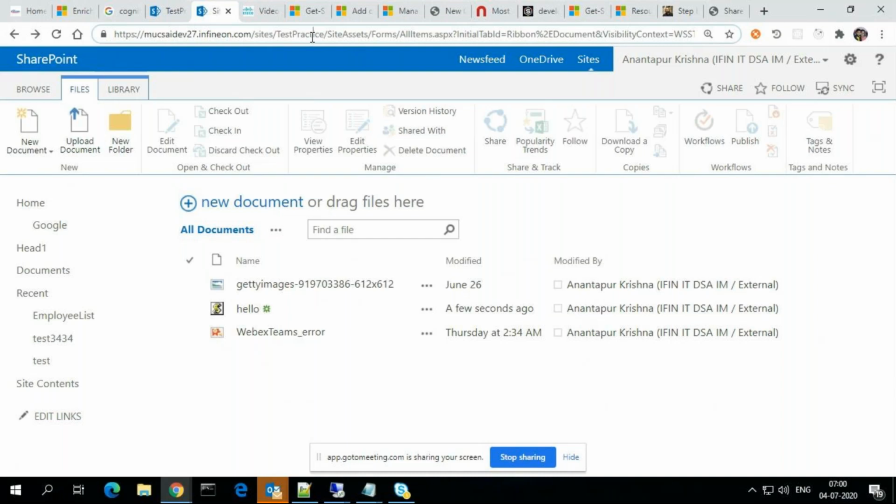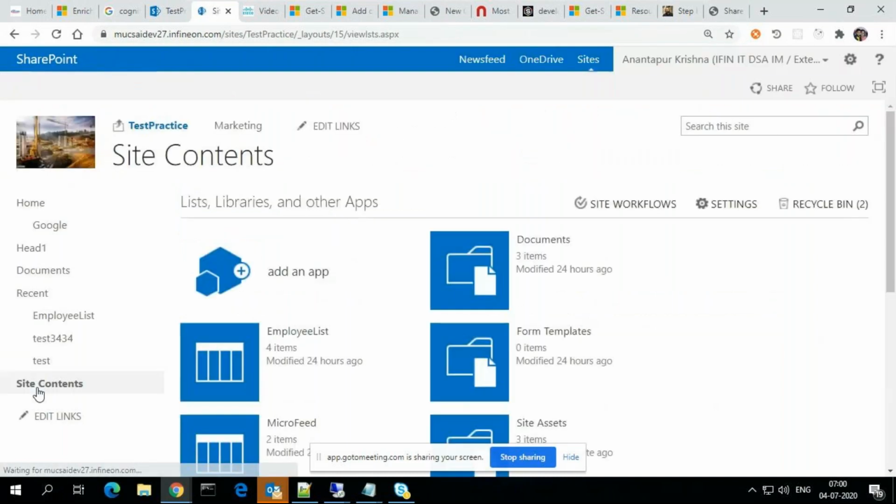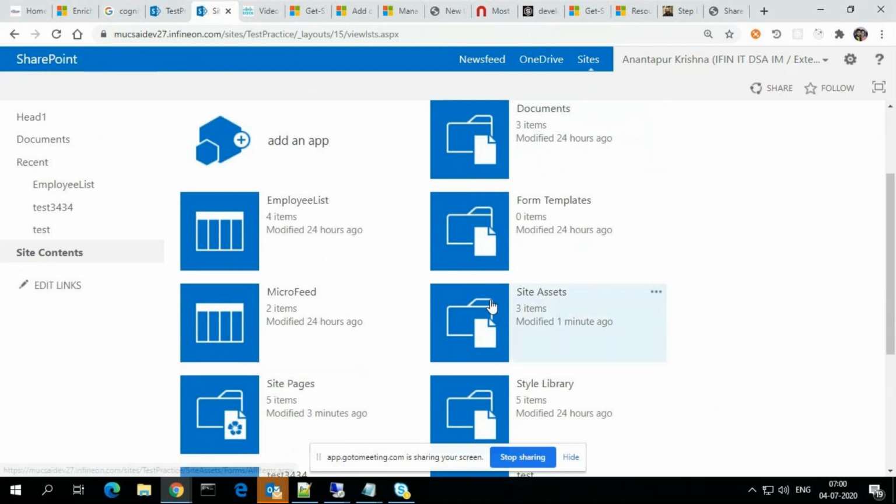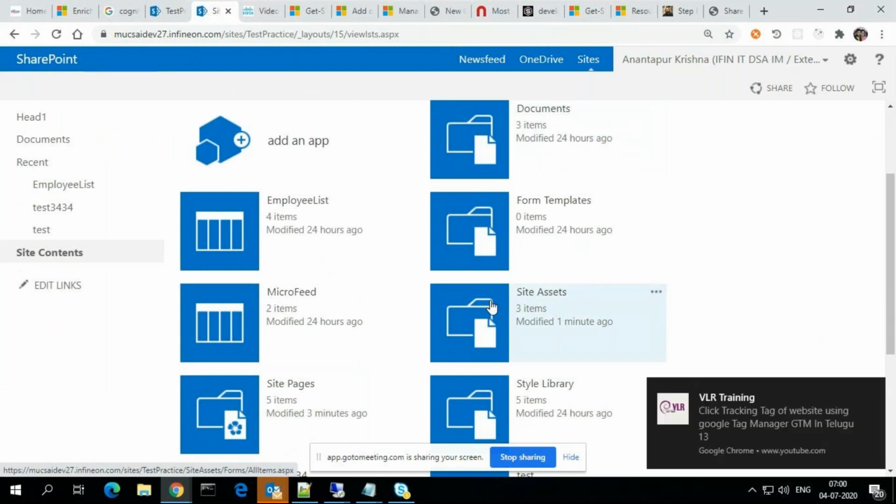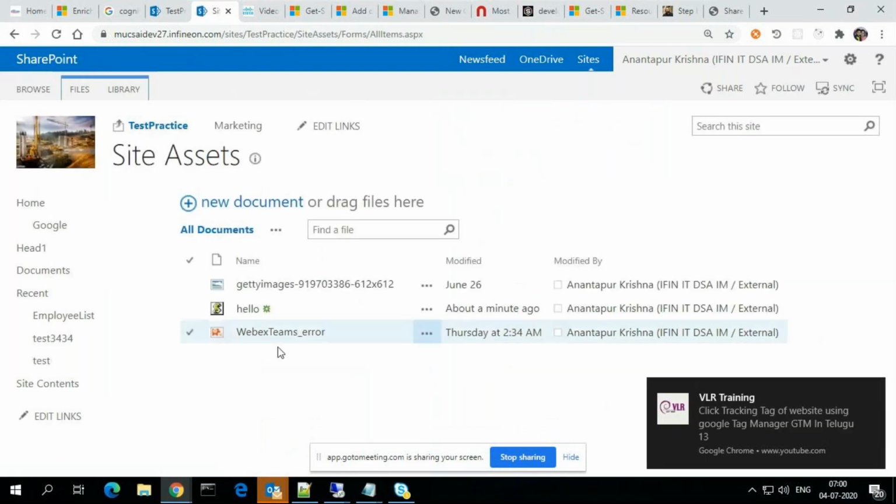Sorry, yes. If you click on site contents, site assets will be there. By default the library comes. Here it will maintain all the files, like a normal document library.